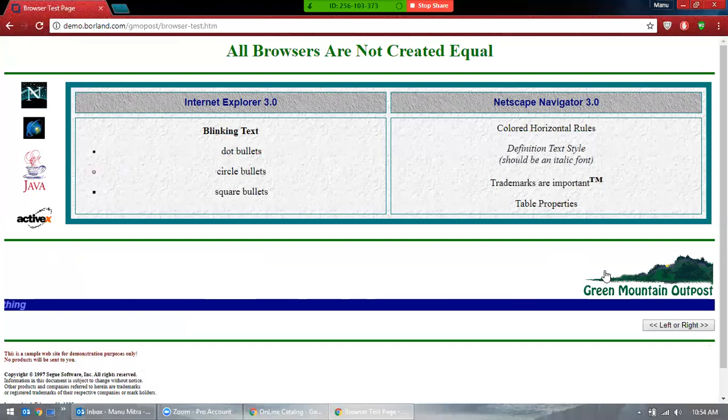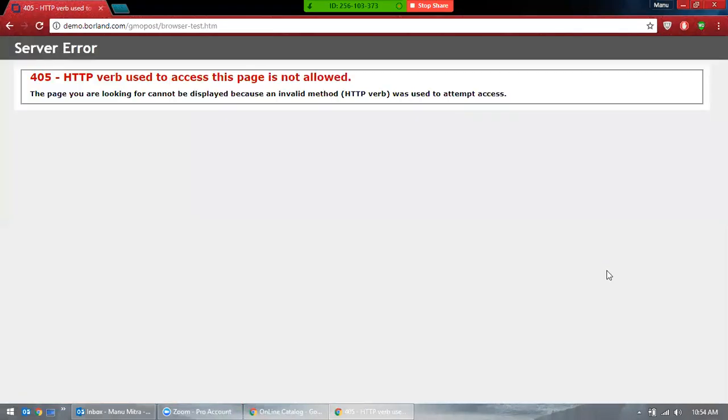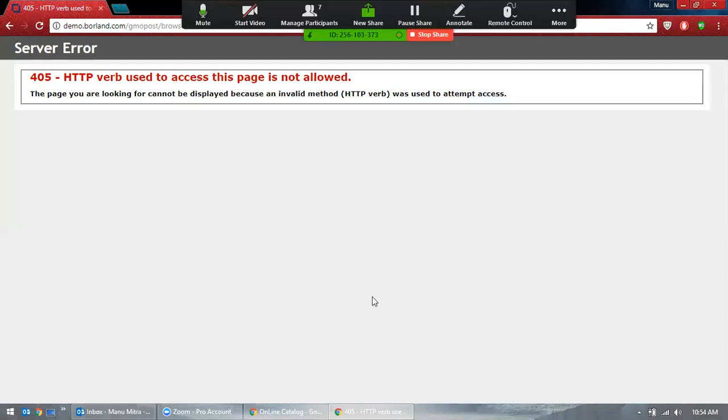Okay, let's see if I click on this. Oh, page not allowed. So what is it supposed to be? This is a defect, right? Let's say there is any URL or any testing which is supposed to be done here on this URL or this web page, and you cannot access it. So this becomes a priority issue.